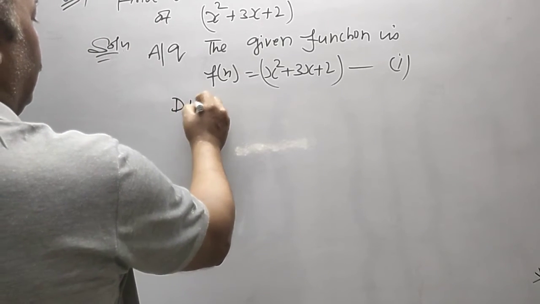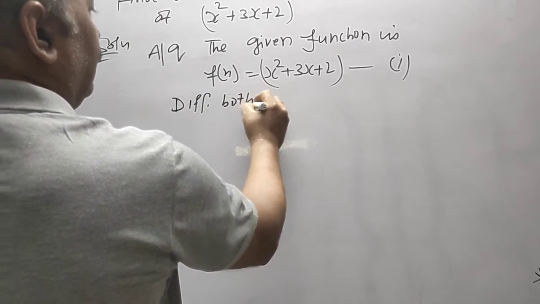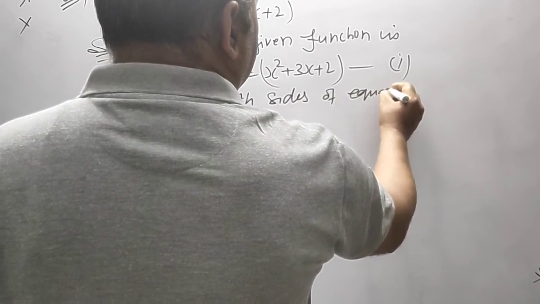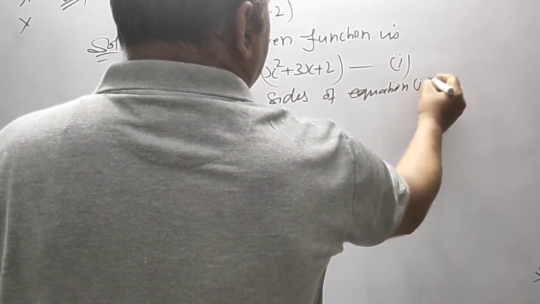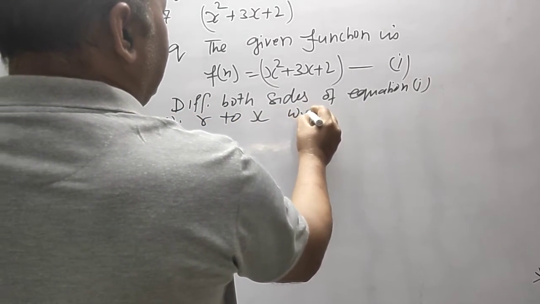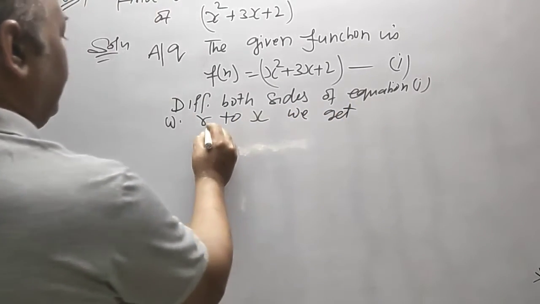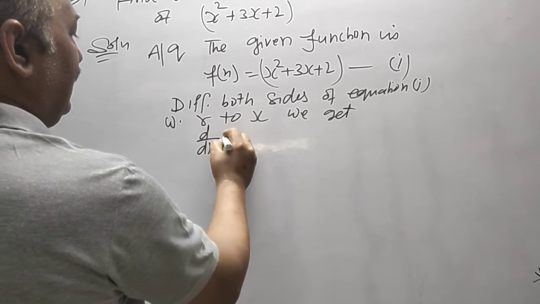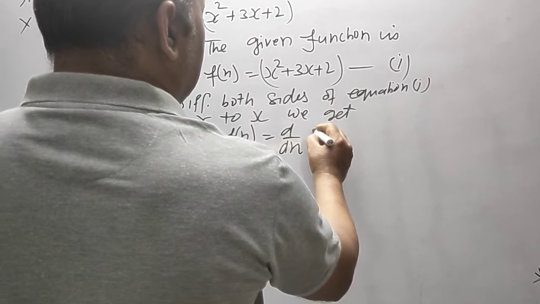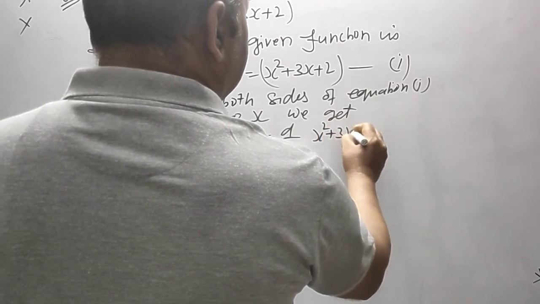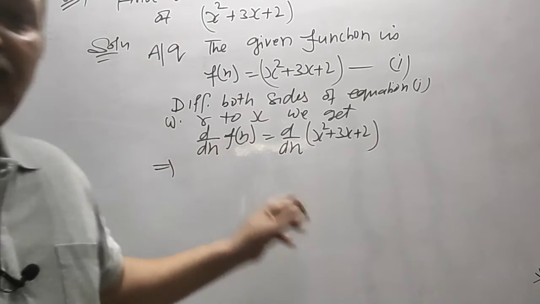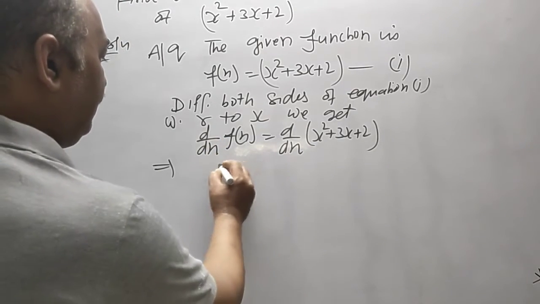Differentiating both sides of equation 1 with respect to x, we get d upon dx of f(x), that is equal to d upon dx of x square plus 3x plus 2. d upon dx of f(x) is denoted by f dash x,